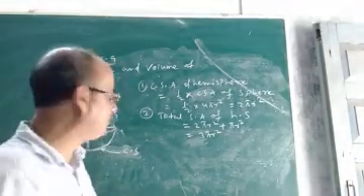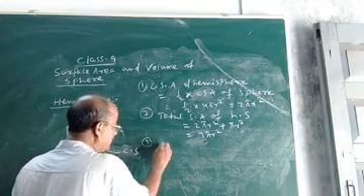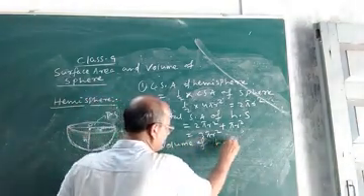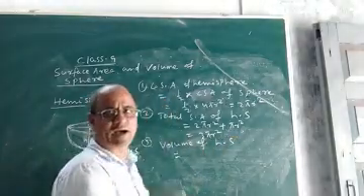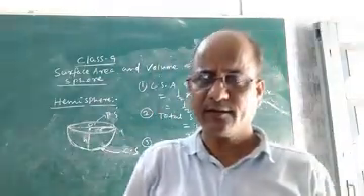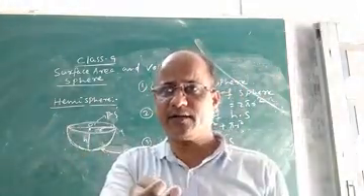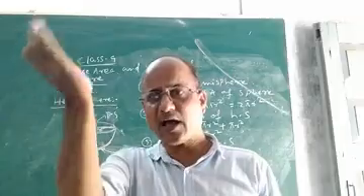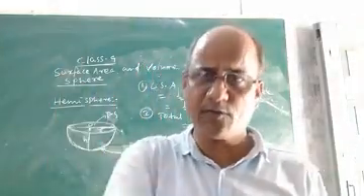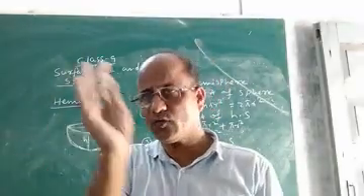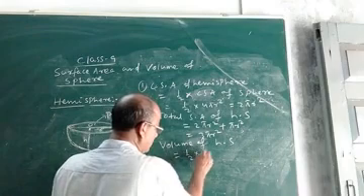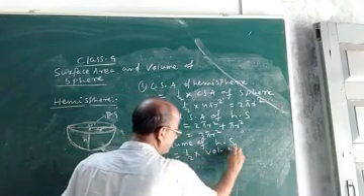Then how to get the volume? Volume of hemisphere, you see. As a hemisphere is half of a sphere, obtained by cutting along one diameter, the volume of the hemisphere will certainly be half the volume of the sphere. And you know the formula for the volume of a sphere. It is half into the volume of sphere.